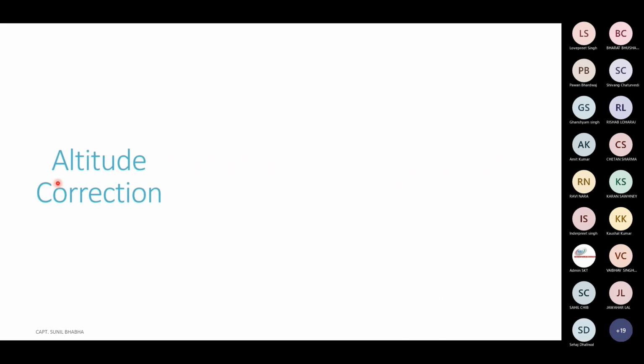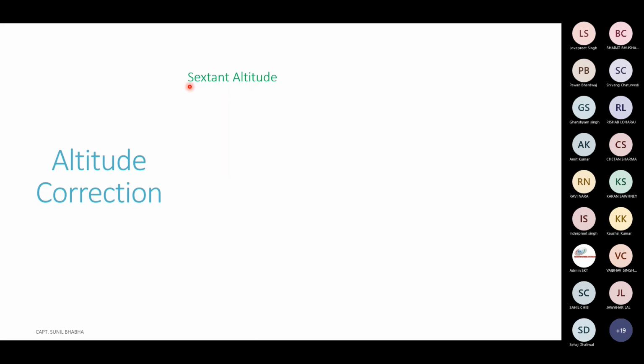Now, the first basic concept which we are going to see is the altitude correction. So as I told you before, the altitude what we obtain from the sextant is the sextant altitude, and the altitude what we require for our site solving purpose is the true altitude. So altitude correction is the process of correcting the sextant altitude to obtain the true altitude of a celestial body. So let us see now what all corrections are applied to the sextant altitude to obtain the true altitude. So we obtain the sextant altitude of the body